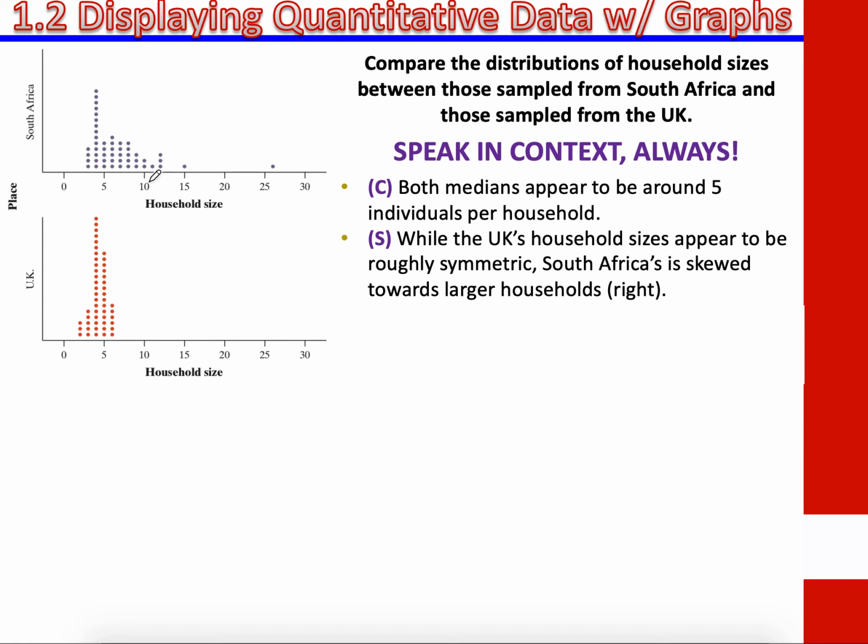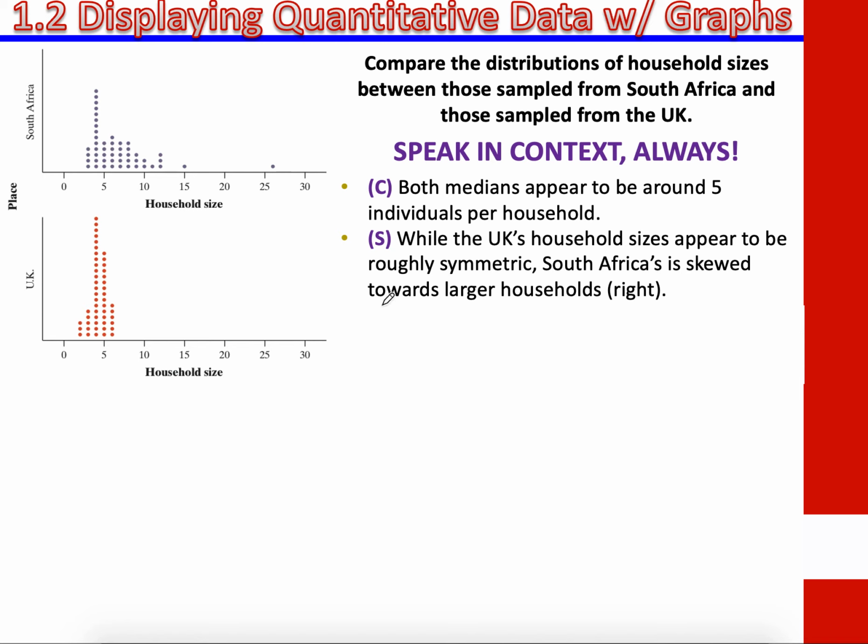What we should notice is that this bottom one, someone can make an argument for it being slightly skewed left. I'd say the range is so tiny here that it's close enough to symmetric. We can call this roughly symmetric. I wouldn't be too bothered if you called it a little bit skewed, but this one on top is certainly skewed to the right. Definitely towards larger households. Notice I didn't just say skewed to the right, but I mentioned towards larger households,